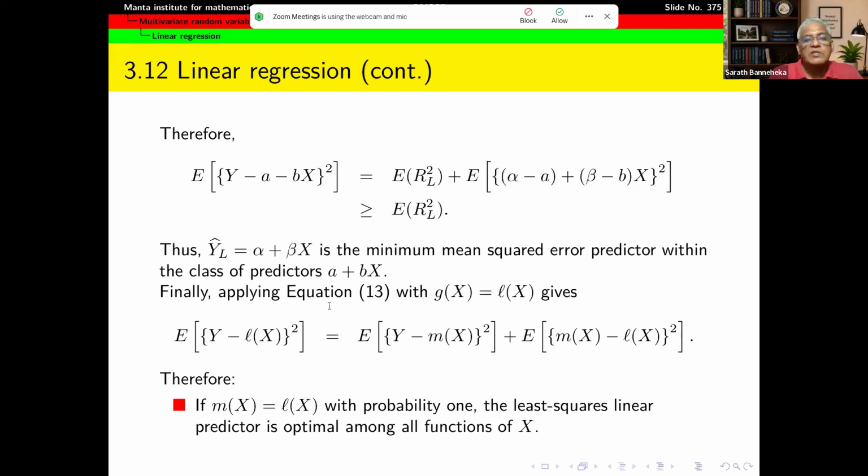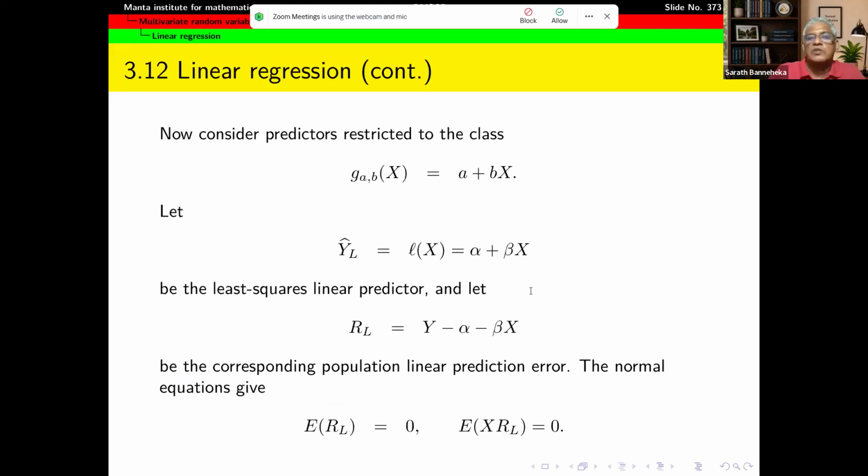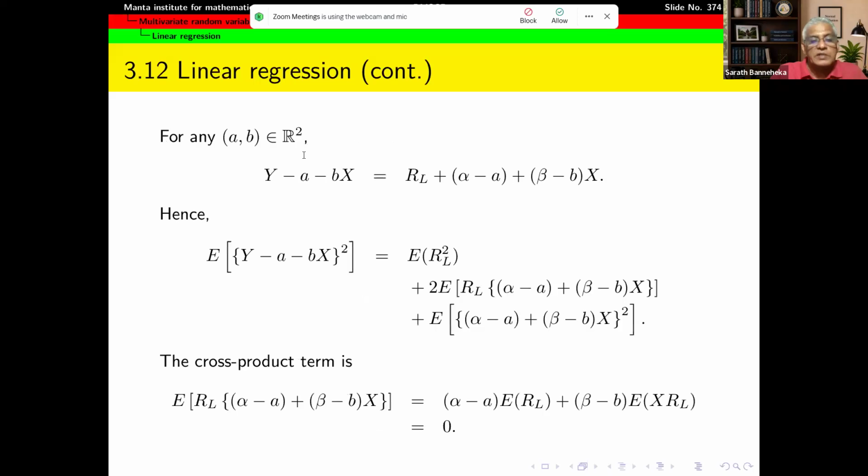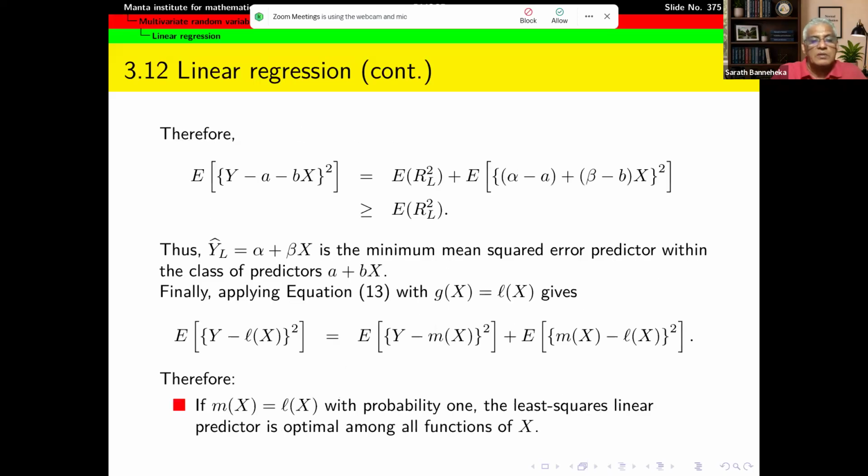So finally, applying equation 13 with g(x) equal to l(x), 13 is equal to this expression here. Now, if I replace this g(x) by our least squares predictor, then we have the expected value of (y minus l(x)) squared is equal to this expression. So if m(x) is equal to l(x), right now we can write down this thing in terms of m(x) and l(x) both,